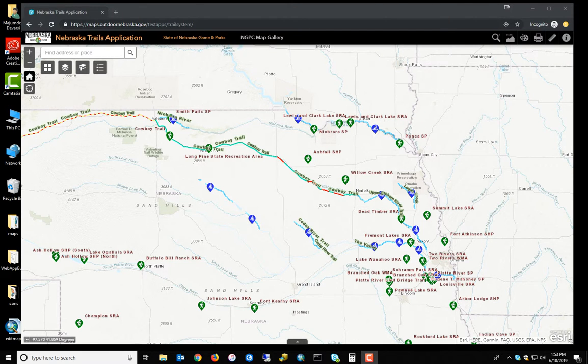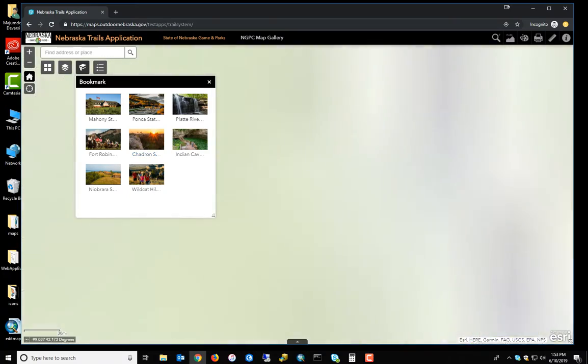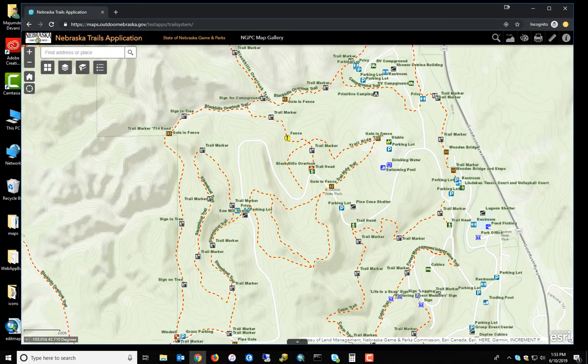The elevation tool in the Nebraska Trails application allows you to draw a line to find out different lengths and different elevation heights in a trail or between 2 points. The way to use this tool is, for instance, if I go to Chadron State Park and I zoom in